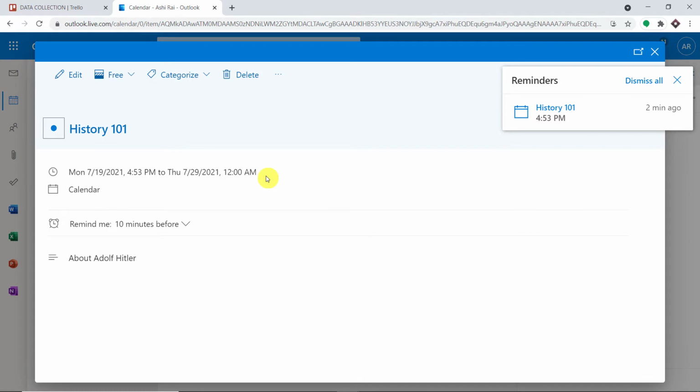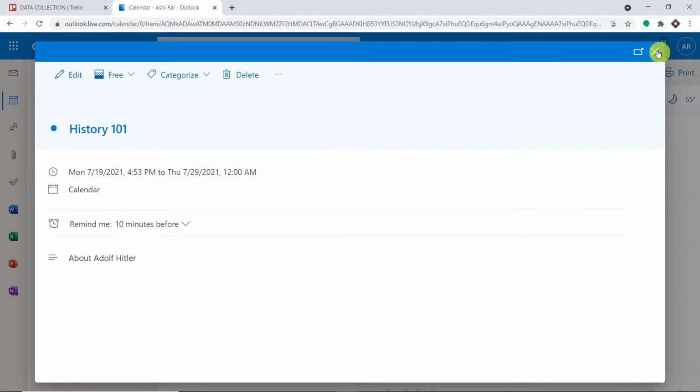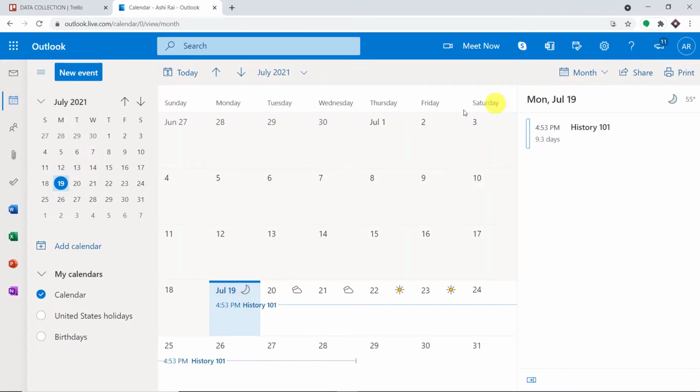So you must be thinking, how did I do it? How did I manage to send the data from Trello to Outlook calendar? So basically, here we have used an integration and automation software called Pabbly Connect that has integrated Trello and Outlook calendar. Now there is an important thing I have to tell you. So basically, all you have to do is just build a workflow to integrate Trello and Outlook calendar. And once this workflow is created, every time a new Trello card is created, an event will be scheduled on Outlook calendar. It's that easy.